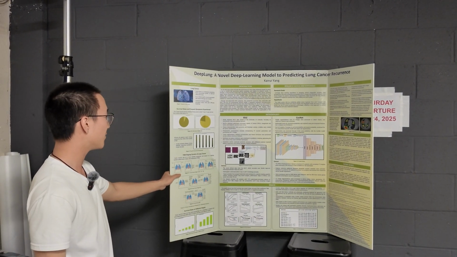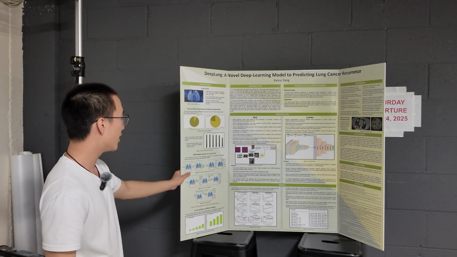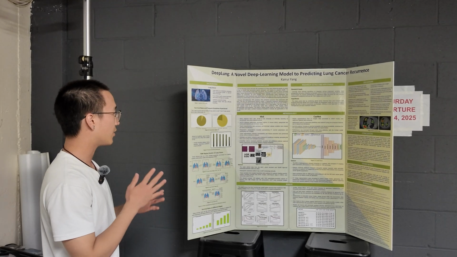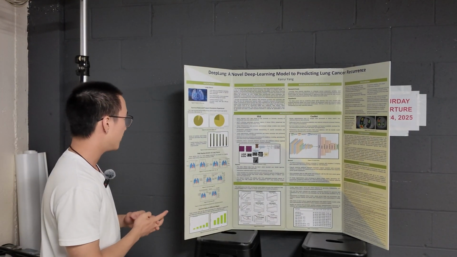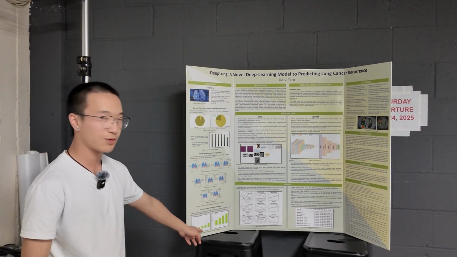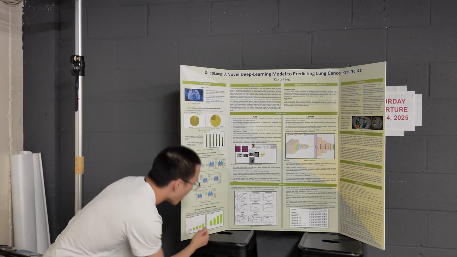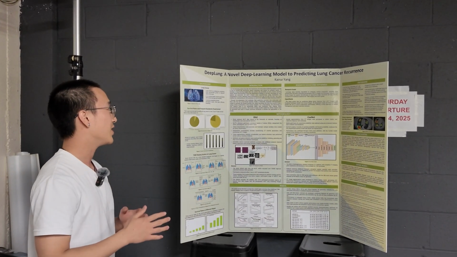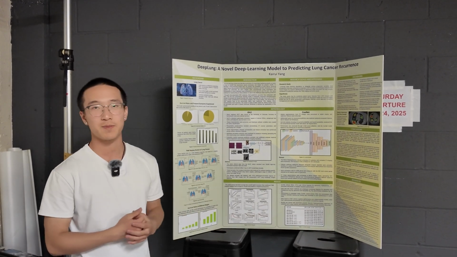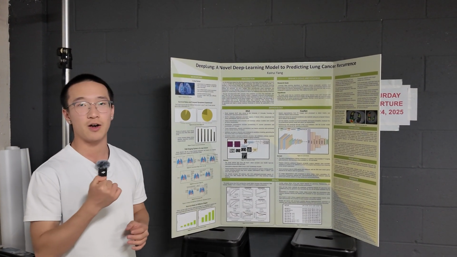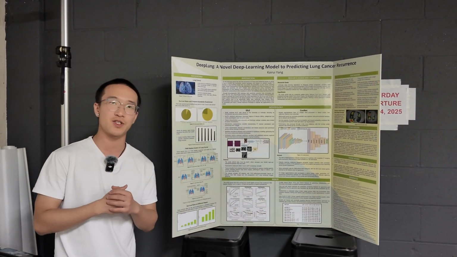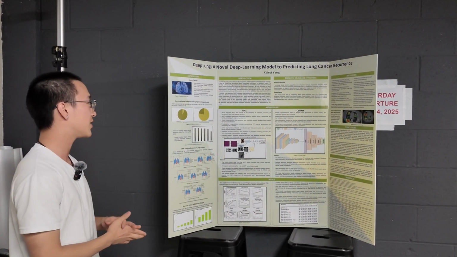Here is the traditional TNM staging system we use for lung cancer, and TNM stands for tumor, nodes, and metastases that are present in the lungs. And as we can see, the later we move on to the stages, the lower the survival rates will be, and it can reach almost 80% death rate. So since it remains a huge problem, I came up with this method to utilize deep learning to predict lung cancer recurrence. We want to prevent the recurrence of lung cancer early by utilizing modern technology.